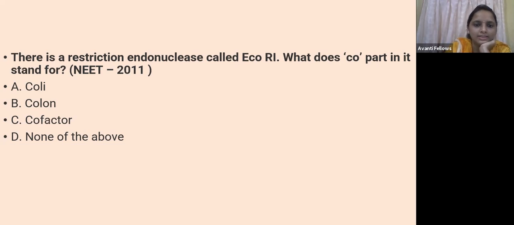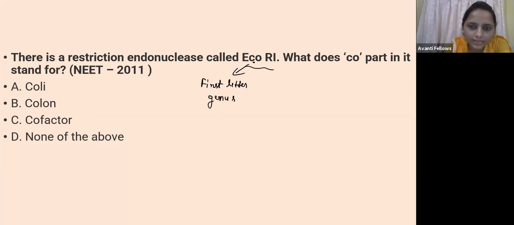Answer me fast, guys. Yes, Mitesh? Shivani? So kindly observe what I'm asking, CO means. Okay, guys, this is what I explained when I did the nomenclature of the restriction enzymes, right? Yes, Shivani, E. Very good. E stands for the genus name, right? Whenever it comes to the nomenclature of the endonuclease, the first letter will be the genus.